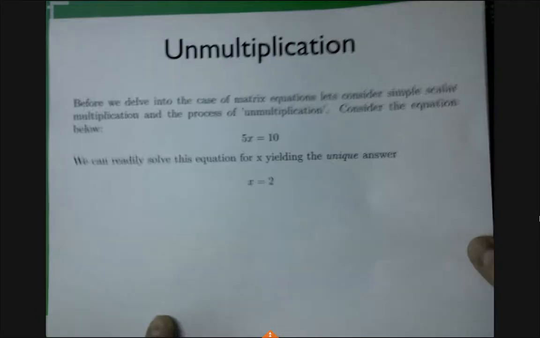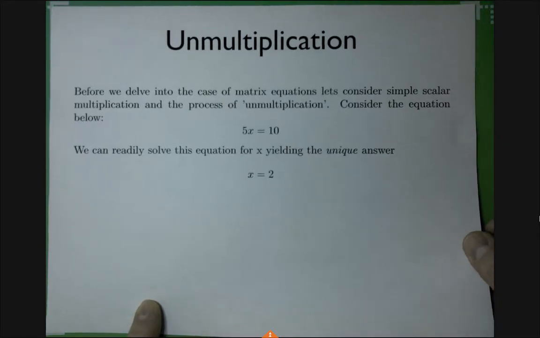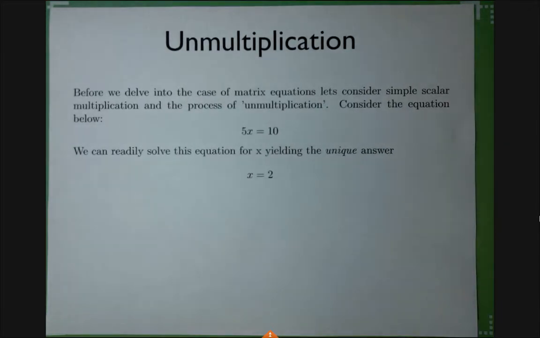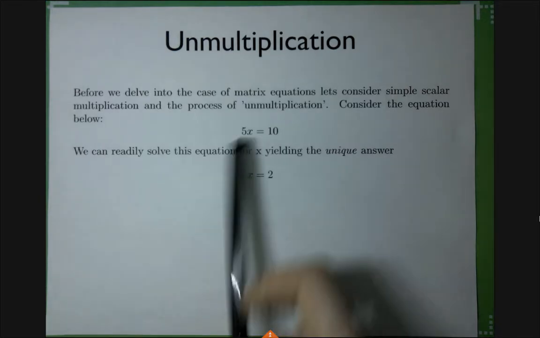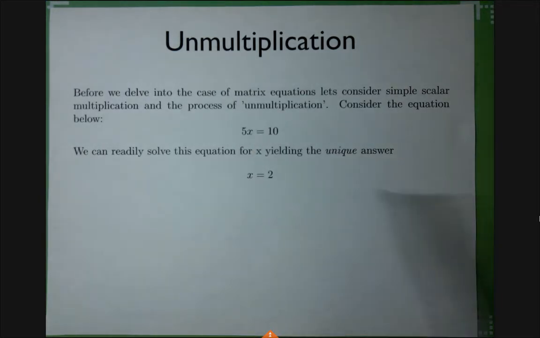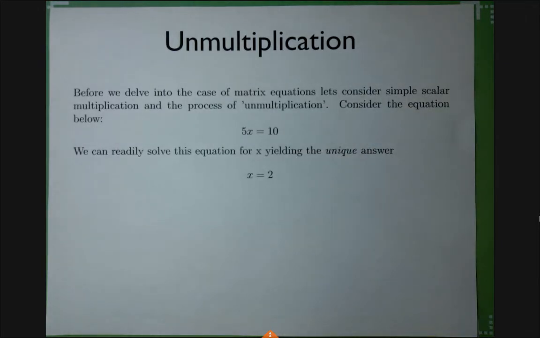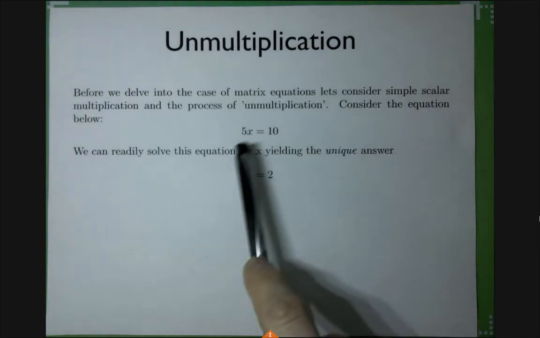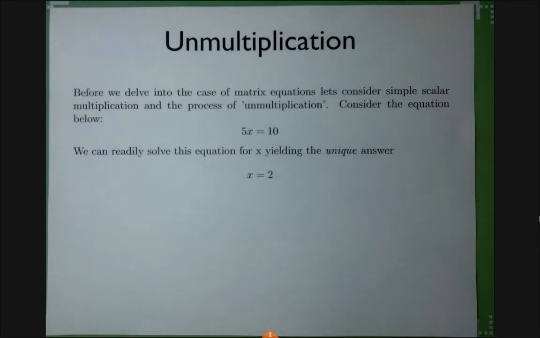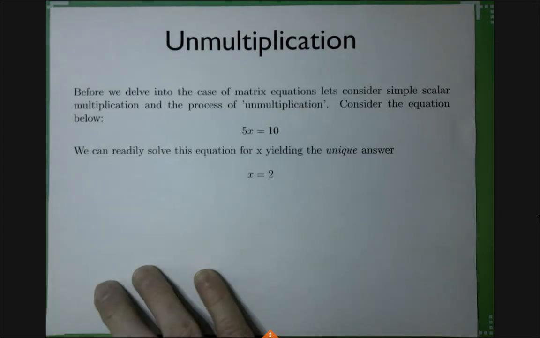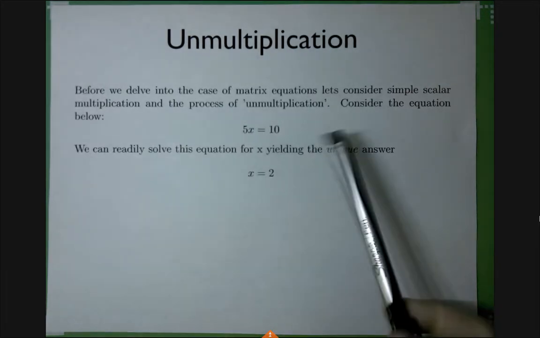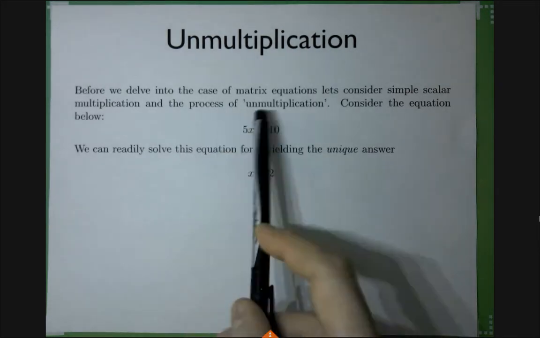So we'll start with something that's really dumb, just to give you an idea that some of these issues actually appear already in the really dumb 1-by-1 case. So we start with a 1-by-1 system, which is still a valid system of linear equations, because the interesting thing is that you can see the problem cases already there. It's just that in matrices they will be a little bit more concealed, so I think it's good to start with this. So I guess you can think about it as unmultiplication.